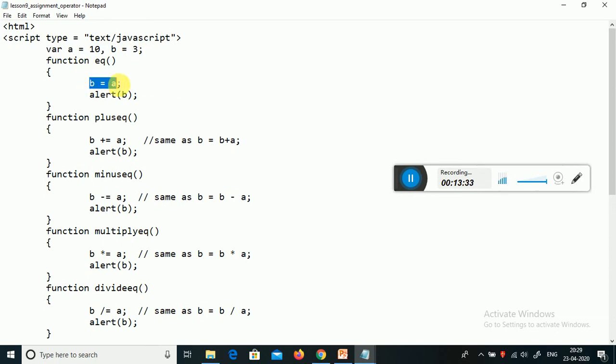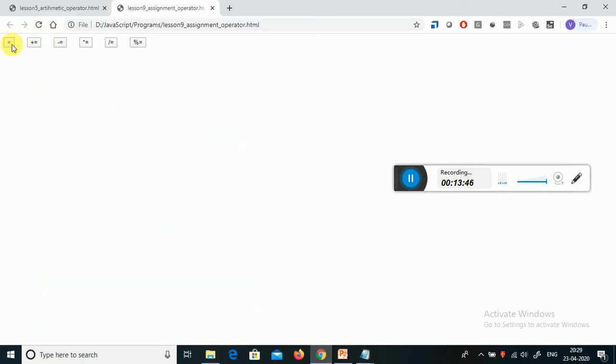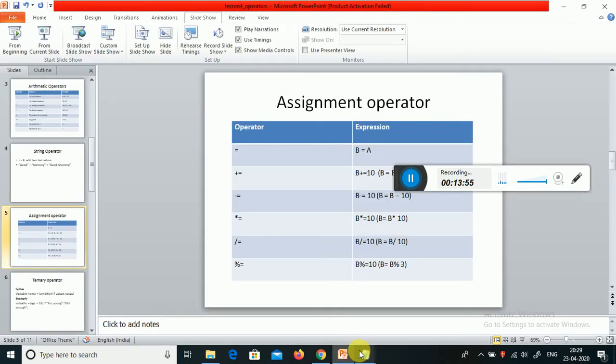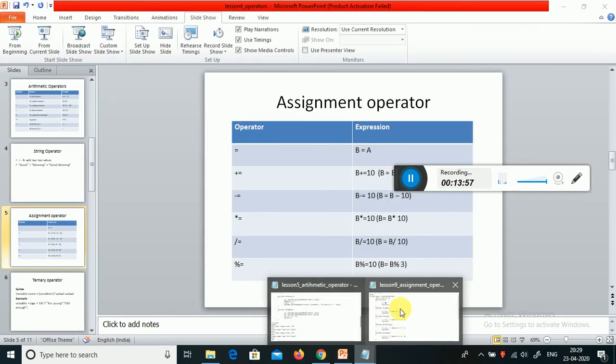So now if I am giving b plus equal to a, it is functionally equivalent to b equals b plus a. What is the value of b? For example, I change this to 5. Right. So now I say b equals b plus a. So it means b equals 5 plus a, which is 10. So the value of b should be 15 now. Let us refresh and see that it is printing 15.